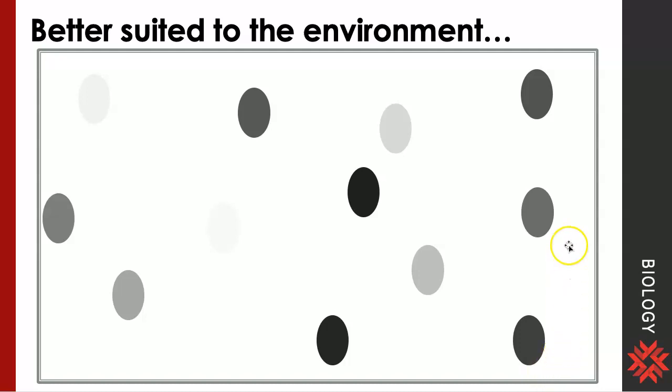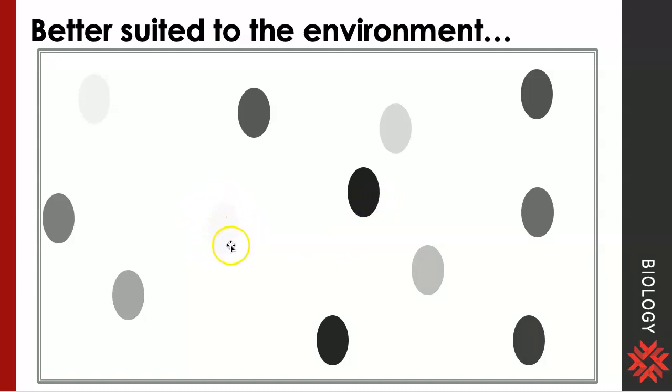So in this hypothetical environment, we have these birds that fly over top, and they like to pick off some of these bugs. Well, the bugs that have this very dark color are the ones that are going to be the easiest for the bird to see, so these are the ones that are going to get eaten first. Since they get eaten first, they might not have the chance to reproduce. So if they don't have the chance to reproduce, then that black color is not going to be very suited to the environment. On the other hand,